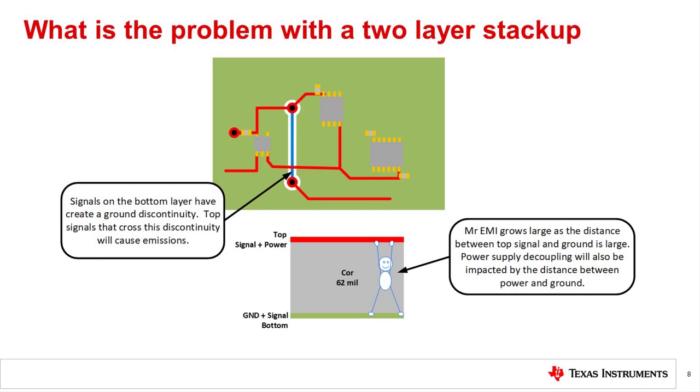Increasing the separation between layers will cause the field beneath the trace to spread out. Remember Mr. EMI? He will conform to the distance between the top and bottom of the waveguide. Spreading out of the fields will increase the crosstalk between digital and sensitive analog traces. Of course, if the two-layer board is made to be thin, then this problem is minimized. But this may not be practical from a mechanical strength perspective.